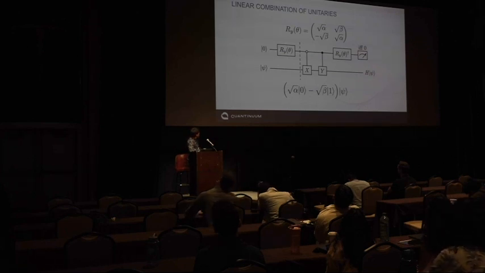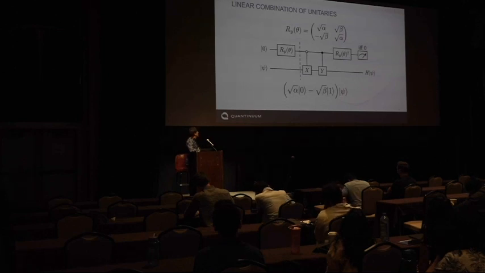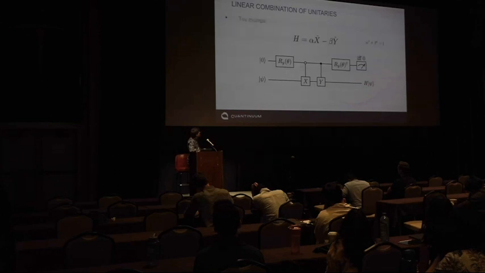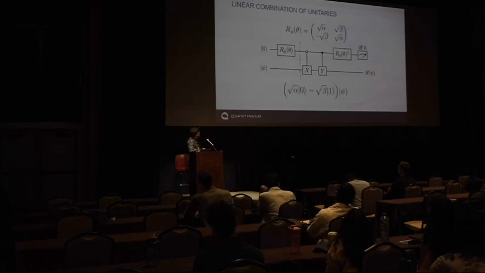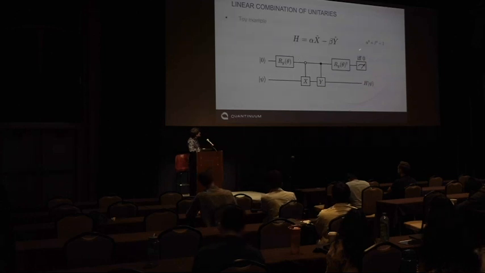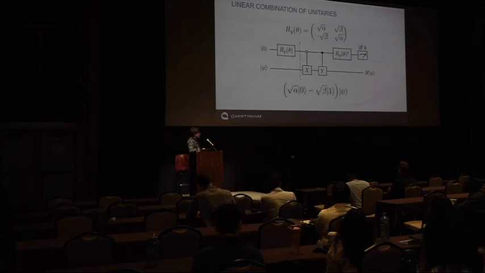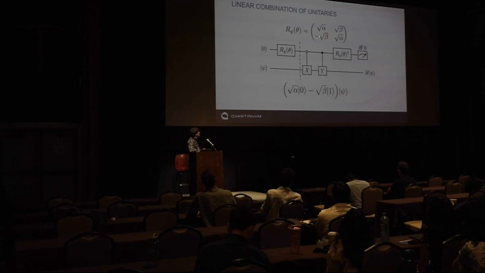The prepare register is used to encode the weightings of each of the Hamiltonian coefficients. Because our Hamiltonian is alpha X minus beta Y, and it's constrained to be this, it basically means that we can encode the square root of the coefficient into an RY